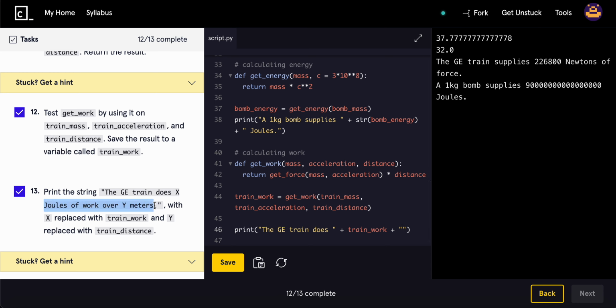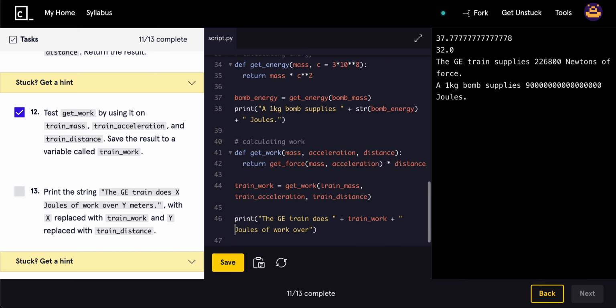We'll put in the units and also a little bit of text for the next line as well. Okay, plus, and then Y meters, so that's train distance, right? Train distance plus the units,